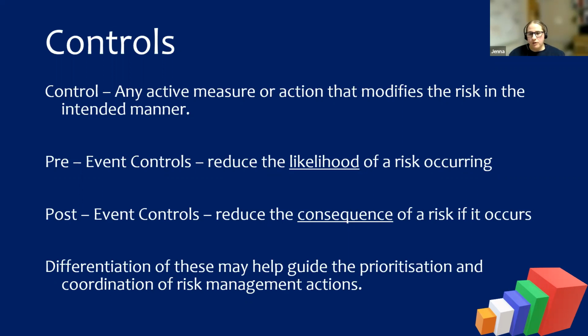So as an example of a pre-event control, if we think about driving a vehicle, using your brakes when you're driving means that there's less chance that you're going to hit the back of the car. But if you do hit the back of a car, then the post-event control is that you're wearing a seatbelt. Okay, so the idea is that you don't want to hit the back of a car, but if you do happen to hit it, then there is a seatbelt in place to help prevent any injury. If I think about examples for myself, if I'm going out drinking, I want to make sure that I'm drinking water and electrolytes before I go out.